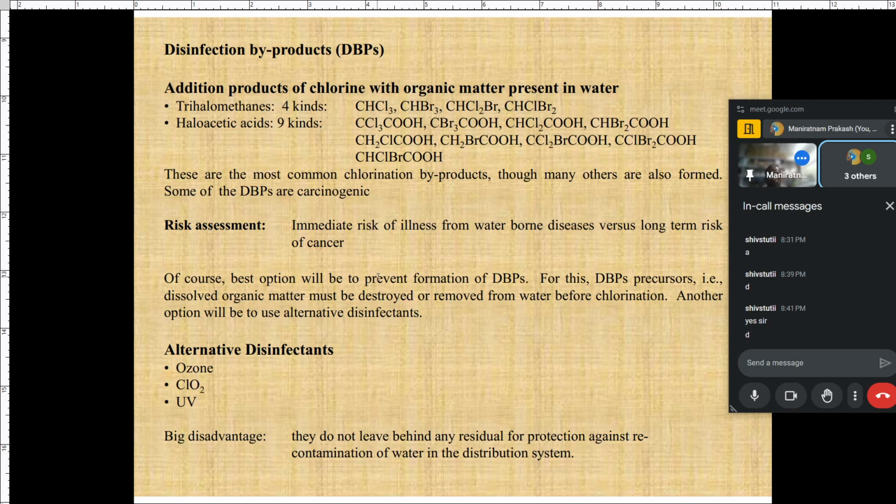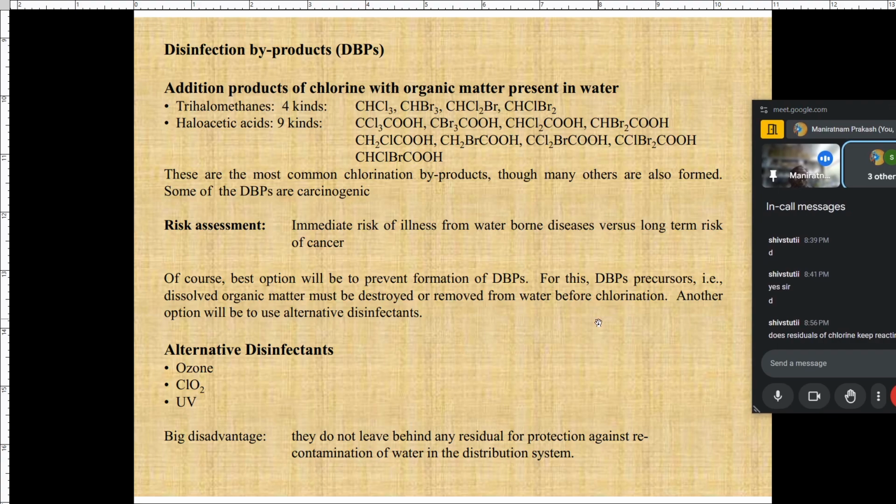Some risk assessment was done. It was said that if we stopped using chlorination, then people might die from waterborne diseases like cholera within 1 year by drinking that water. But if people start drinking water containing this bromine and all these things, it will take long. But this cancer thing,